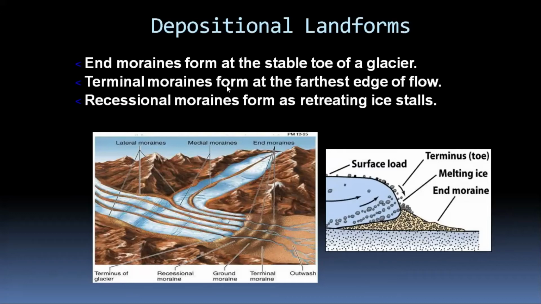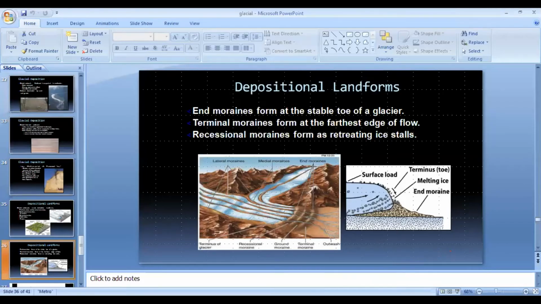And then we have the terminal moraines, as I said. Recessional moraines are the deposits of a glacier when the glaciers are retreating. So recessional moraines can be one, two, three, and they continue to form as a result of the recession. Recession means a reduction in the volume of something, as a result of that we have the